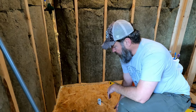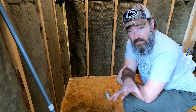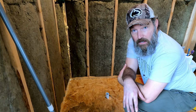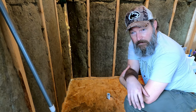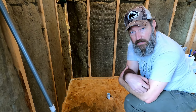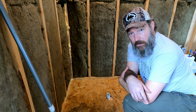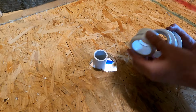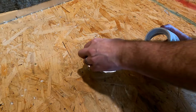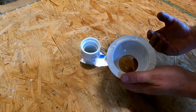So now that we're clean, I'm going to grab the pan and make sure everything's where it needs to be. We'll do a dry fit with the pan and the drain before we go ahead and put down that glue. So let me grab that pan and the drain, and we'll see how it goes. Since we used 1.5 inch pipe, we have to use a reducer. So I have the reducer, and then I have the back side of my drain that's going to go underneath the